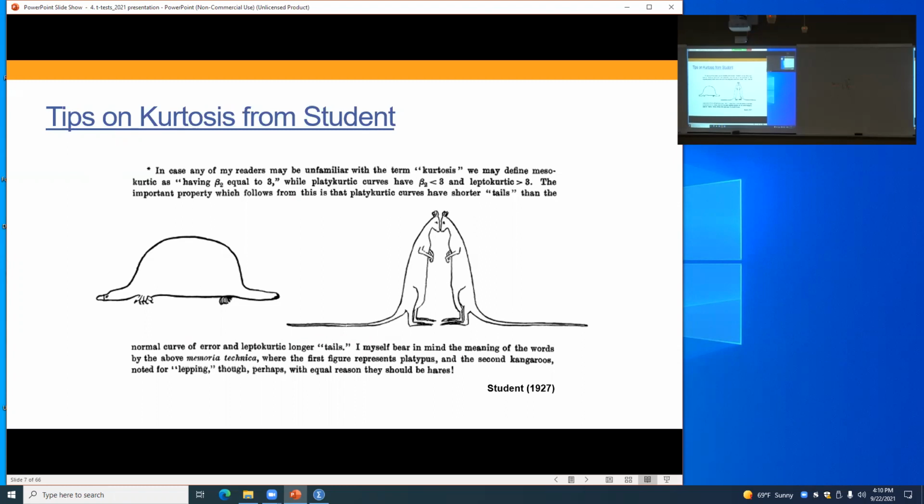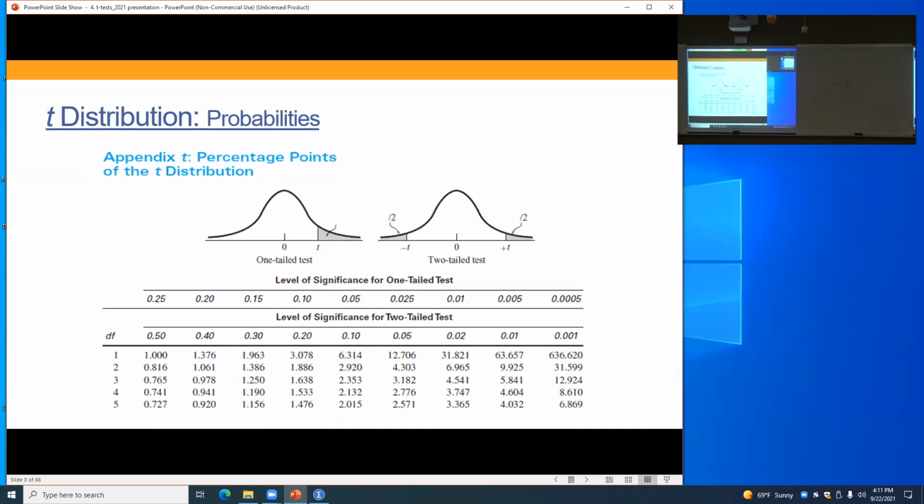Bear in mind the meaning of the words, where the first represents platypus, the second kangaroos, but for lepto... He's like, but they could have been hares. Well, draw hares, man, instead of kangaroos. You're critiquing your own drawing there. I don't know, you should use hares. But anyway,